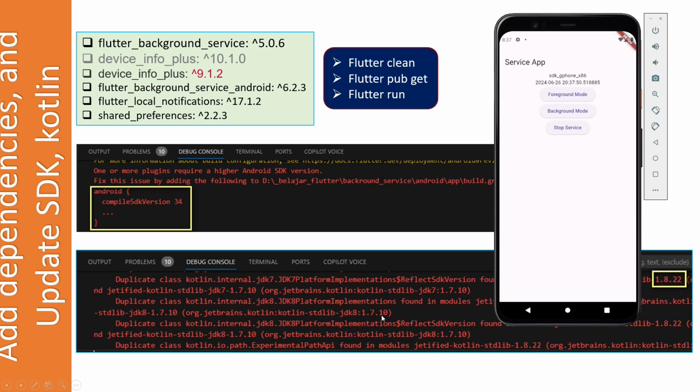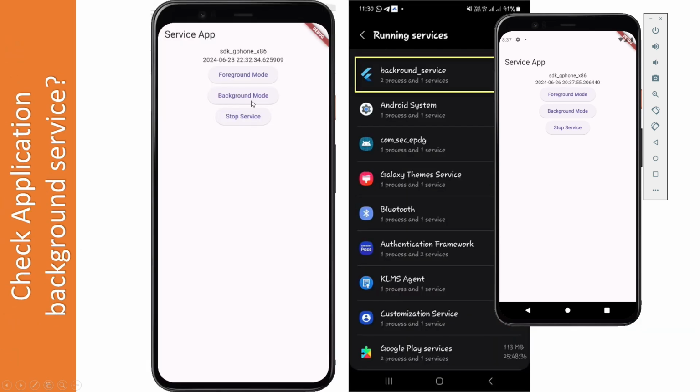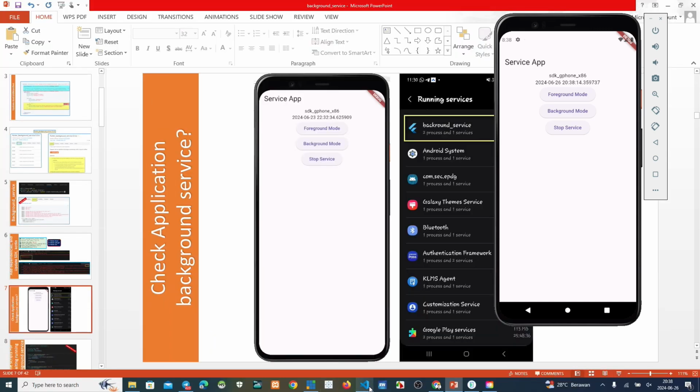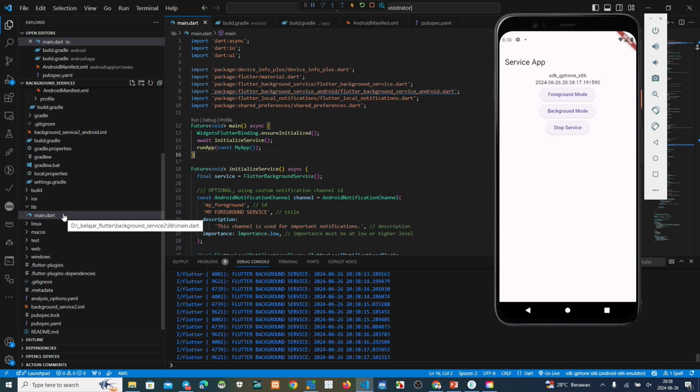Kotlin, we changed to the new version. If we install this application on my smartphone, we can see in the running services this one, background service 2.